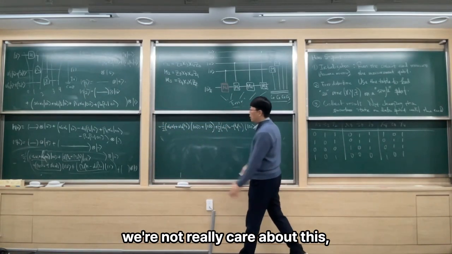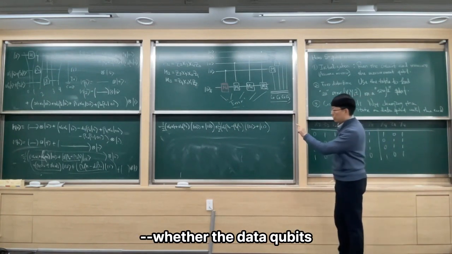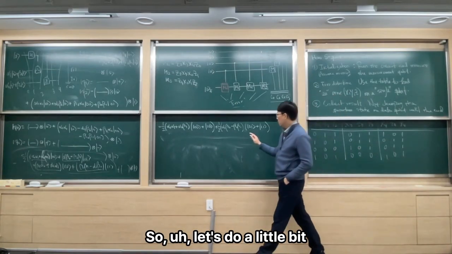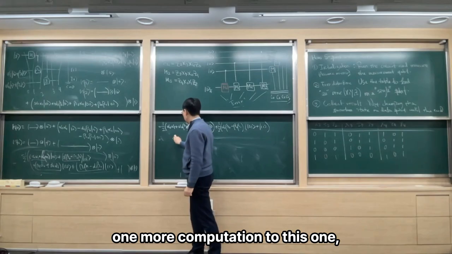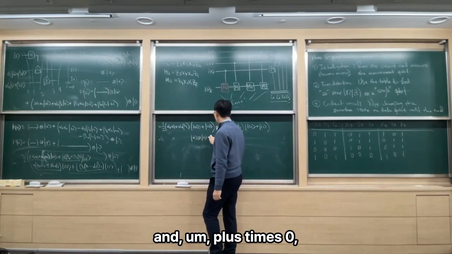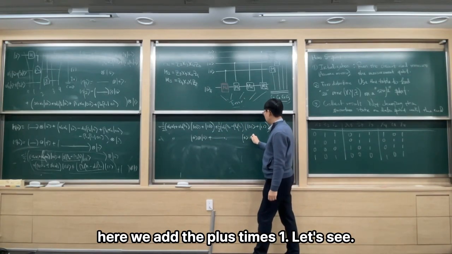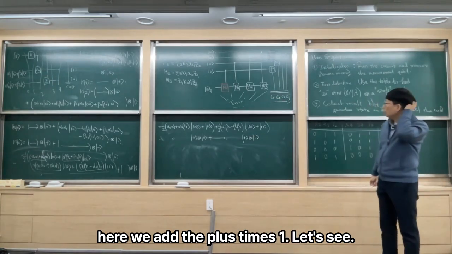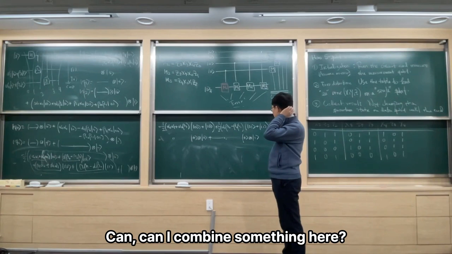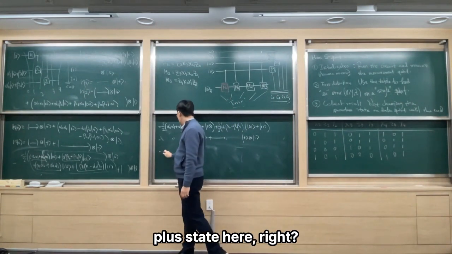Okay, so we don't really care about the exact coefficient. We only need to know whether the data qubits are initialized in the eigenstate. So let's do one more computation with this one, plus times 0, and this one, plus times 1. Let's see, can I do one more step? Can I combine something here? Maybe I can combine the plus state here, right? So plus